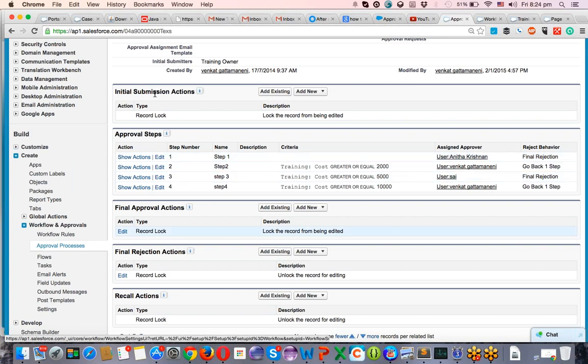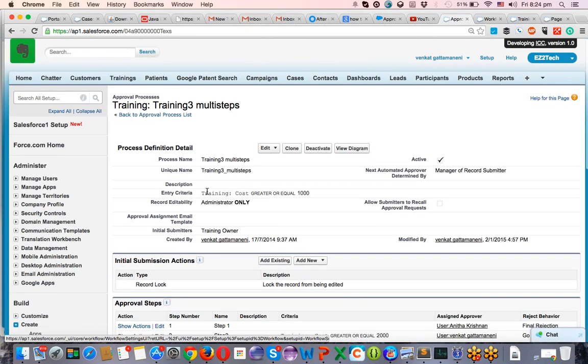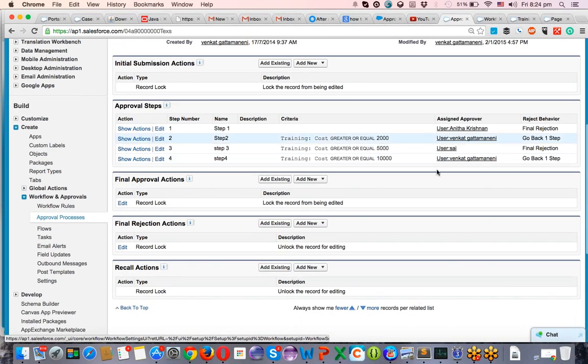So whoever submits this training record enters into the training record approval process, the first level approver is Anita, second level approver is Venkat, third level approver is Sai, fourth level approver is again Venkat, because I just modified. It should be different users, but I gave the same user again because this edition is having multiple licenses. That's the reason we can even try that in this edition.